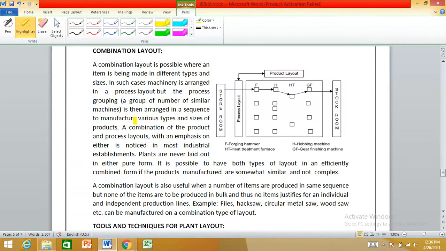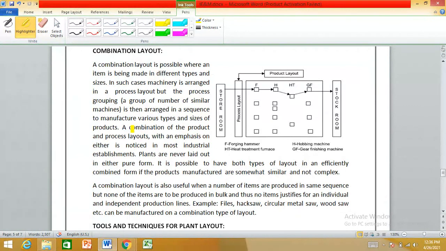A combination of product and process layout, with emphasis on either, is noticed in most industrial establishments, because nowadays you will never see a plant with purely product layout or a plant with purely process layout.